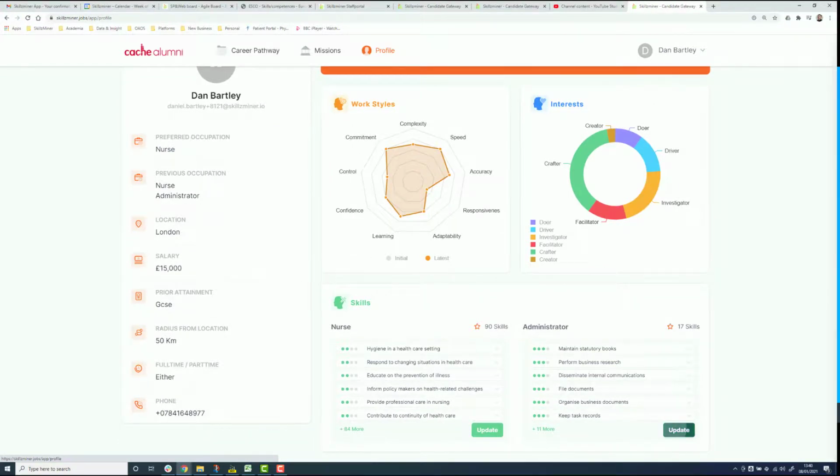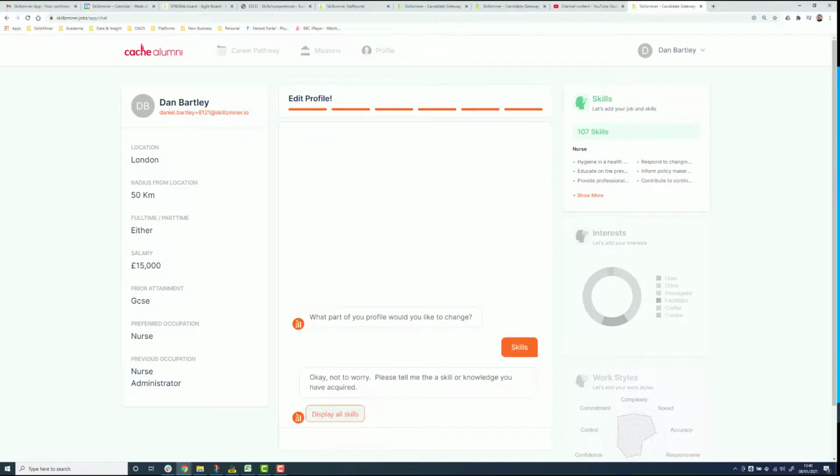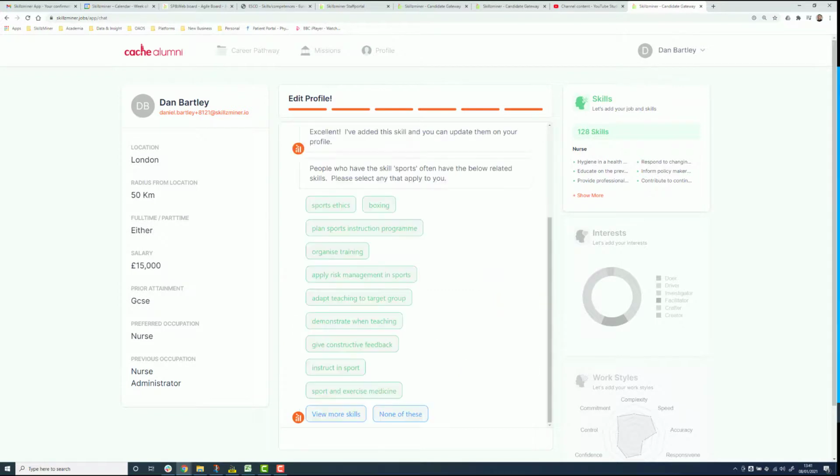There's just one last little thing that I will briefly mention that we've brought into play for this iteration, and it's the concept, and we've spoken about this in some of the previous meetings, to capture skills. So for example, if we're talking about a college student who doesn't have any previous experience, and they might not really have any idea of what they want to do as an occupation, we can take into account some of the skills that they might have from other areas of their life. So for example, just randomly putting something in, if you put something along the lines of sports coaching, what this does is it looks at our database of